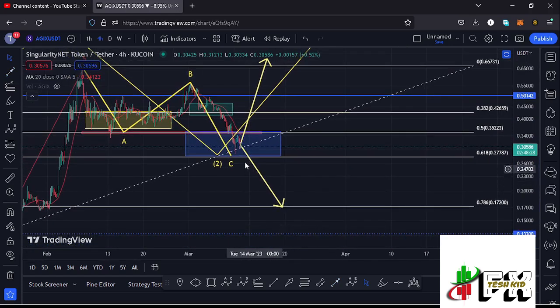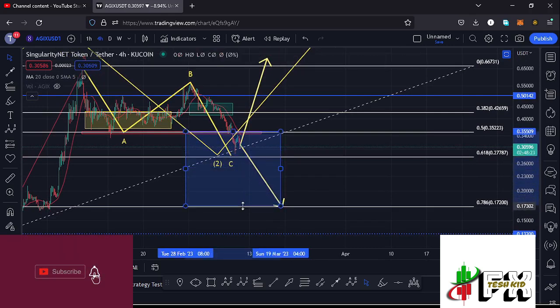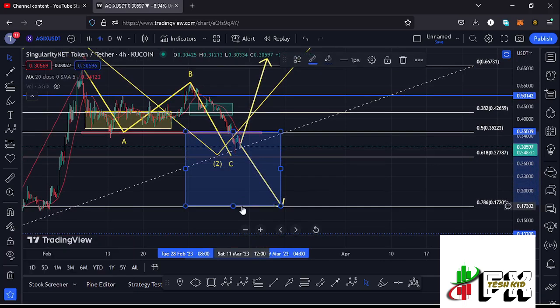And note that this is still a minimum retracement area to the lower side in the formation of that higher Elliot wave count 2. So in case we see a retracement back to the fib level 0.78, that is still a valid second wave to the lower side. And in case such a move happens,